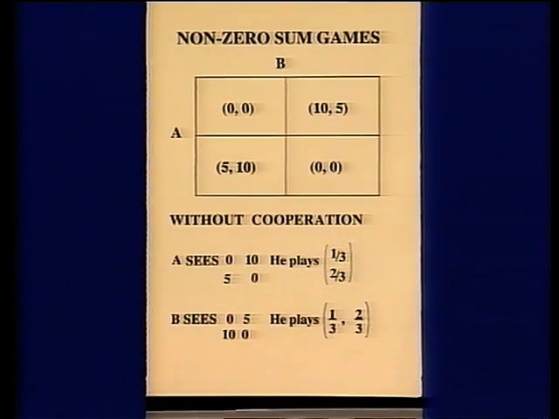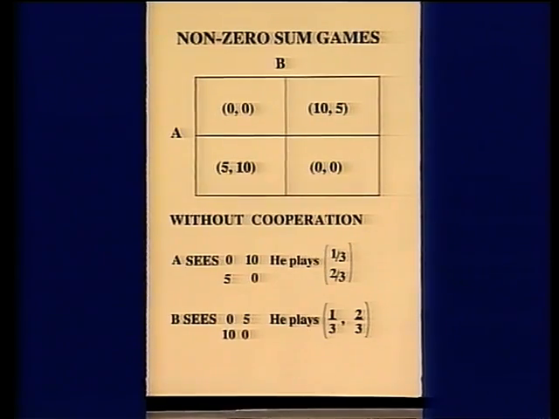But look at those figures again. If they were able to cooperate, they could pick up 15 units between them, not 2 lots of 10/3, which is only just over 7. If you look at the table, you will see that either by A playing his second strategy and B playing his first, or vice versa, one player can win 10, the other player can win 5. Now, 15 is better than the combined total on the matrix game.